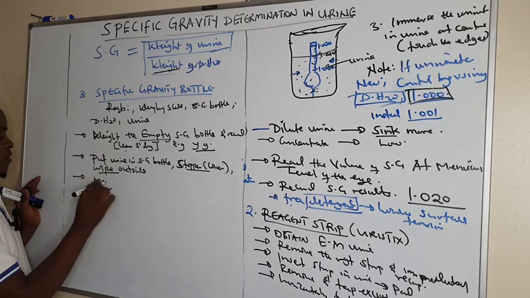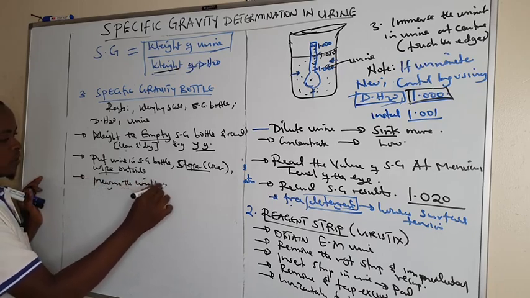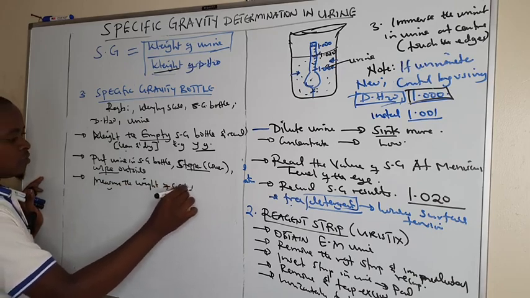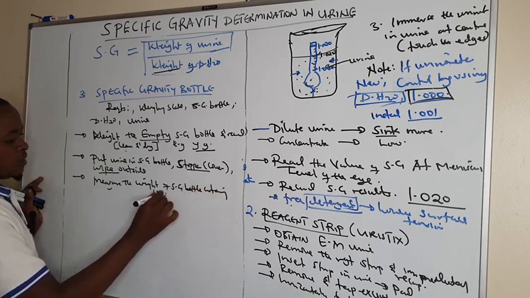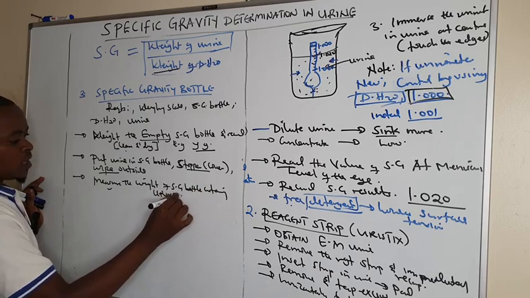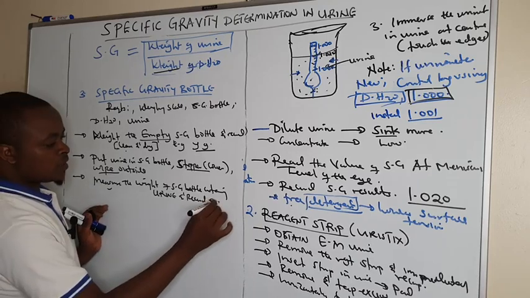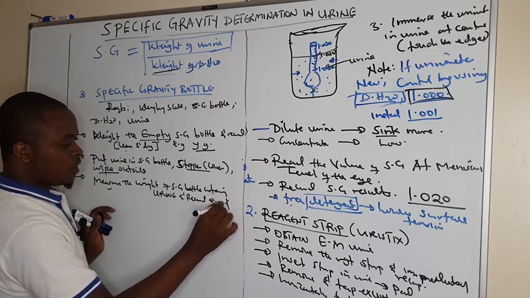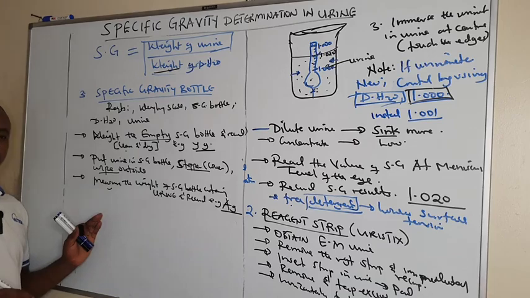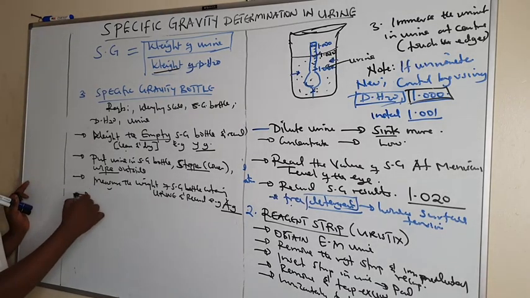Here you measure the weight of the specific gravity bottle containing urine and record. You record the weight. Maybe e.g. you can say the weight is 8 grams. I'm just assuming. Then after obtaining this, you pour away the urine, then you rinse